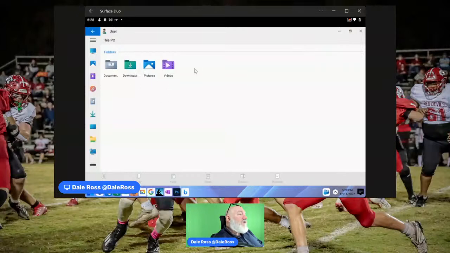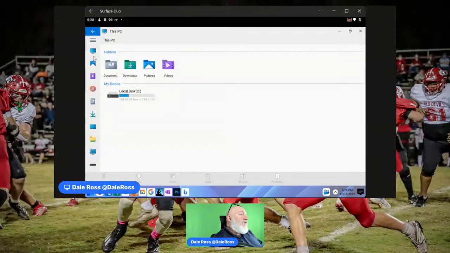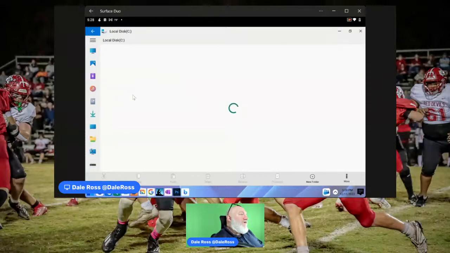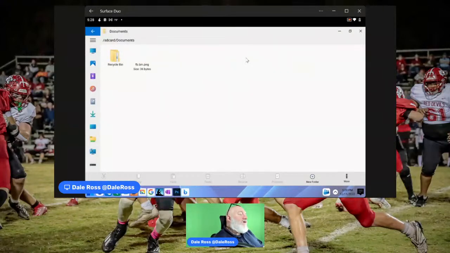You got your documents and videos and pictures and all that can be accessed from here, downloads, music. And going to PC does the same thing, but gives you the drive. I double click the disk, and it can take you to your file system, the documents, and